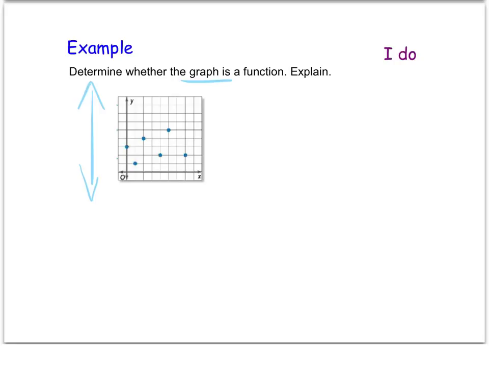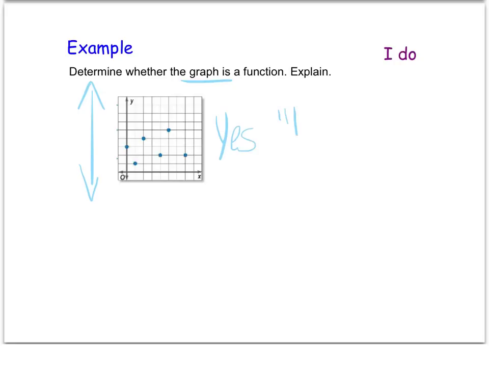And I want you to take your pen or pencil, and I want you to run across that graph with the pencil nice and slow and see if any of these dots are going to hit your pencil at the exact same time when it's in the vertical position. In this case, in this graph, none of these dots are going to hit the pencil at the exact same time. So that means that this is a function